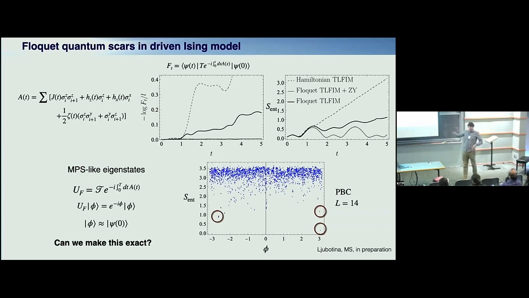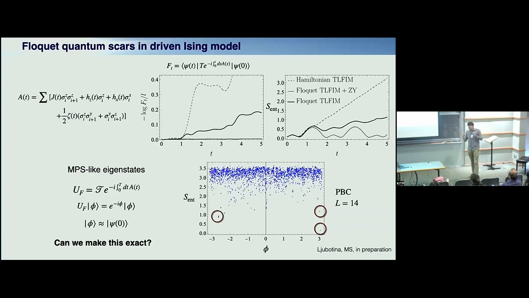And the prediction would be, of course, that if I have perfect dynamics on a trajectory, then this Floquet model would have my matrix product state as an exact eigenstate. And that's actually a pretty strong violation of expectations for thermalization: every state has infinite temperature, yet I have one state which is weakly entangled, an area law state, right? And you see that these states are sort of forming here, but this is not exact.